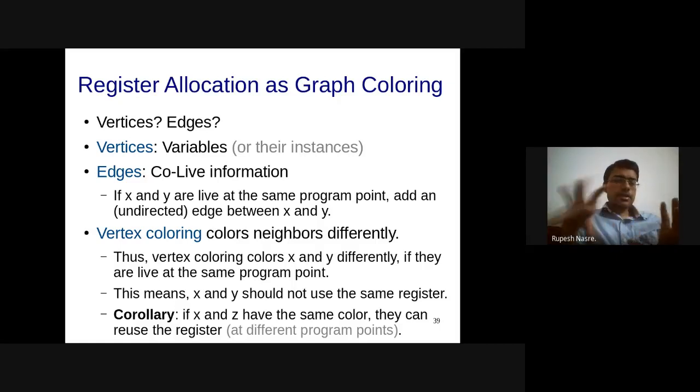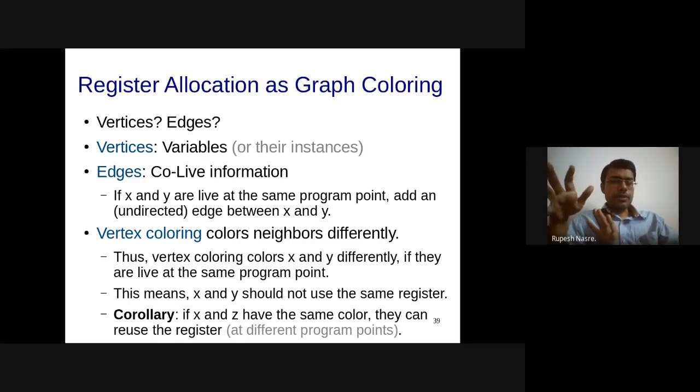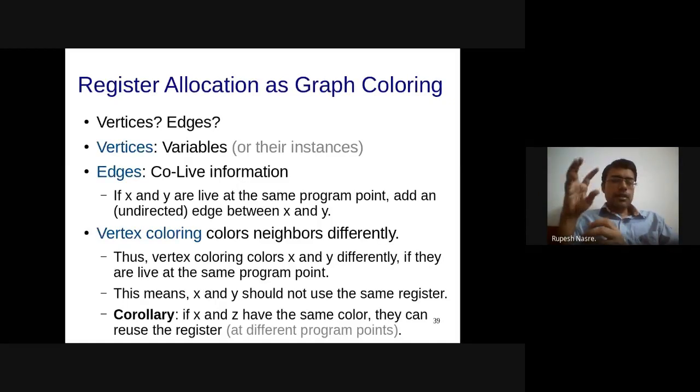Once we create this graph and give it to a graph coloring algorithm, there are lots of graph coloring algorithms. Although the problem is hard, there are approximation algorithms, heuristics, etc., which get used, which are polynomial time. So we can use one of such algorithms, get the graph coloring information, that is the neighboring nodes are colored differently, and then the colors that we use can be mapped back to the registers.